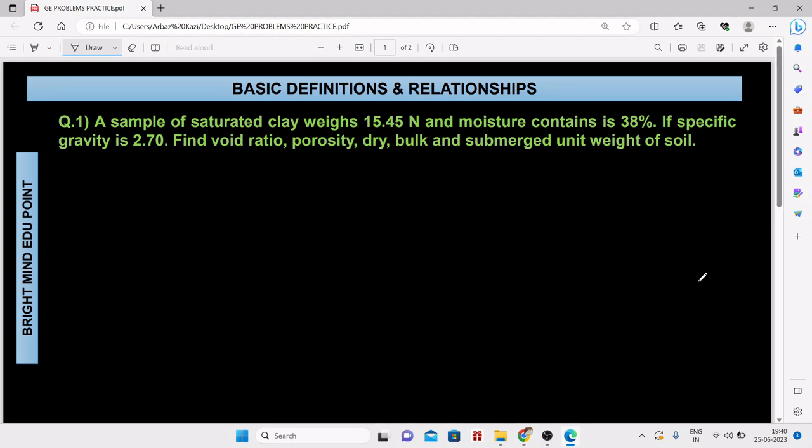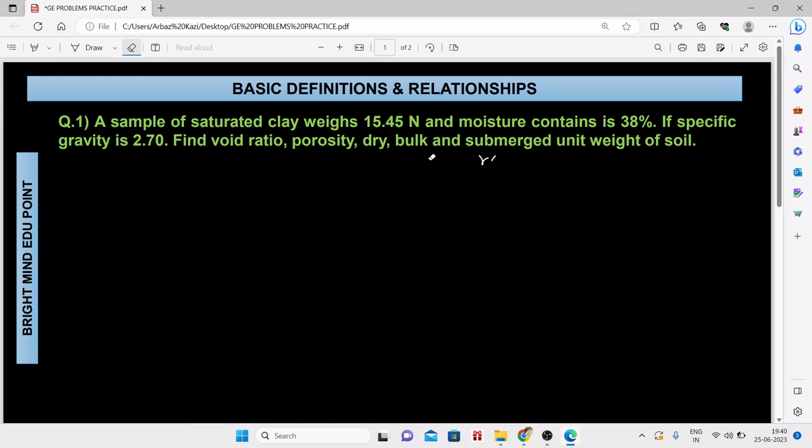If the specific gravity of this sample is 2.7, we need to find void ratio, that is e, porosity n, dry unit weight, bulk unit weight, and the submerged unit weight for this given soil. It is to be noted that water content w and specific gravity G is provided to us for solving